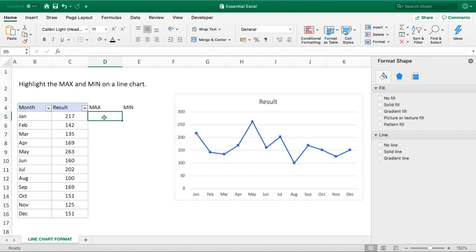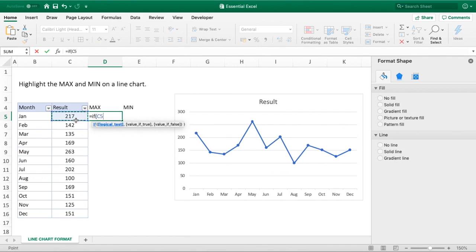We're going to use a formula for each of these, the max and min formulas, so you're probably familiar with those from previous videos we've done, which is going to go and identify the max value. So for us, it's simply going to be a matter of using an if statement, so if this value is equal to the max for the data in this range here, and I'm just going to enter the dollar symbols in front of all this, just so that that range does not change,